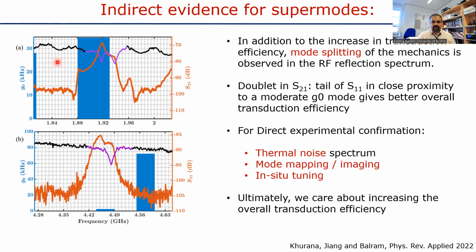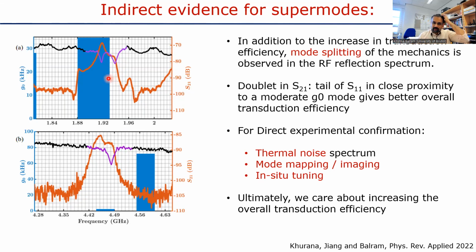But here's an example of how this looks when it works. You get this anti-crossing, or this mode splitting, once you get this mode hybridization, so a characteristic doublet spectrum. But more importantly, you get this very high increase in transduction efficiency. And when the two modes are not crossing, you only get a single mode response in the RF resonance. Now, I just want to emphasize again that this is an inferred response. We measure a bunch of devices and we see ones in which you get this doublet splitting, and every time this splitting occurs, you get a very strong increase in the transduction efficiency.